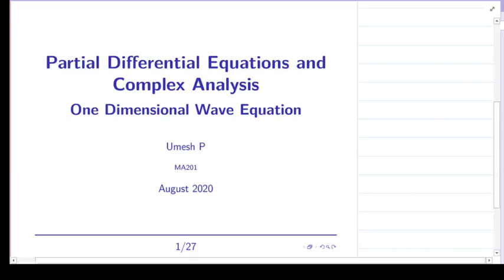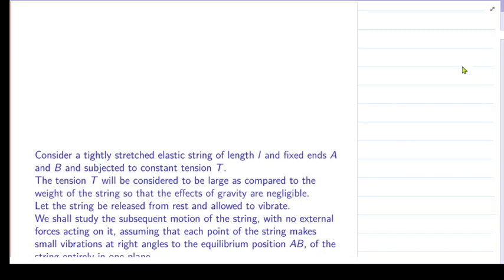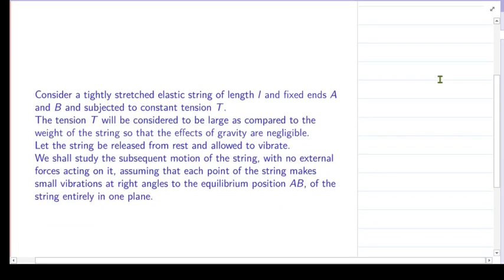Now let us look at the one-dimensional wave equation. We have already discussed in the class the one-dimensional wave equation and its derivation. I'll quickly go through it now because it is very important to know the derivation as well as the general solution. For this we consider a tightly stretched elastic string of length L which is fixed